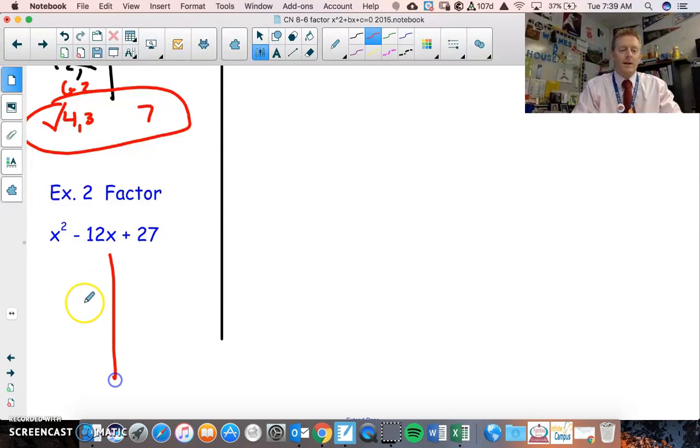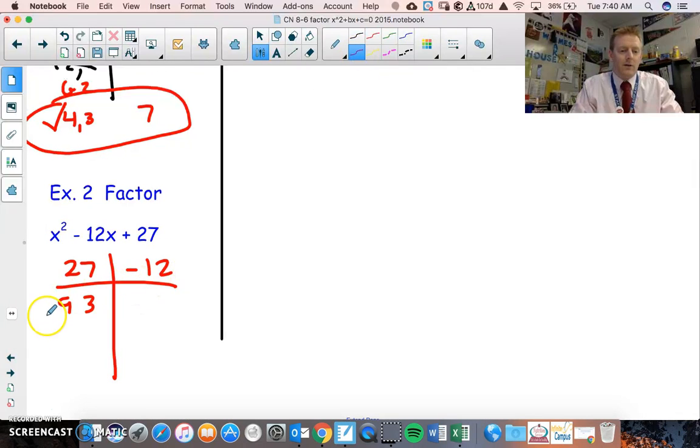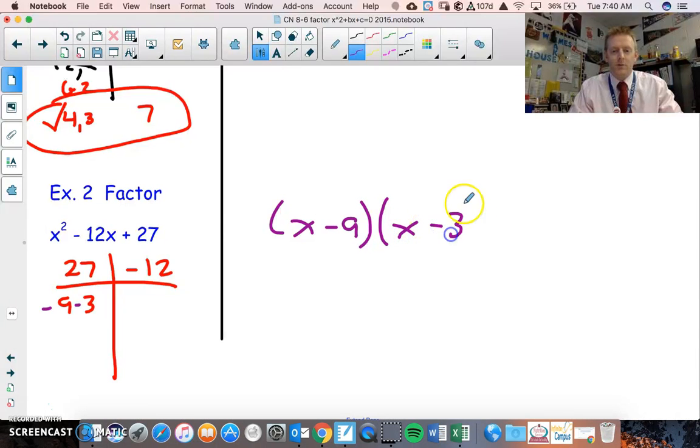So we're checking in our heads after we make a t-chart what multiplies to make a 27, our c, and adds to make a negative 12. So we need to have things be negative in the middle. That means there's probably going to be 2 negatives for this to happen. What multiplies to make a 27, I think 9 and 3. But to make them be negative 12, because 9 and 3 makes a positive 12, they both have to be negative. So I can safely say x minus 9 and x minus 3, because negative times negative makes that positive 27